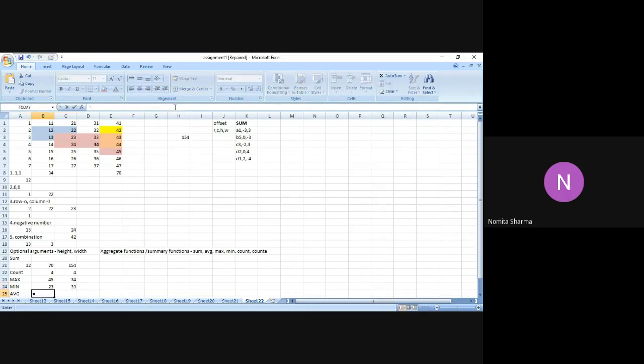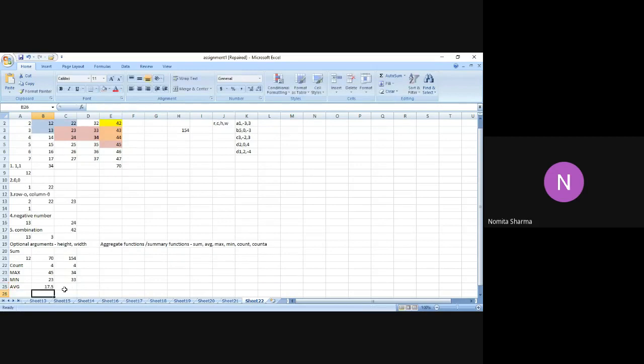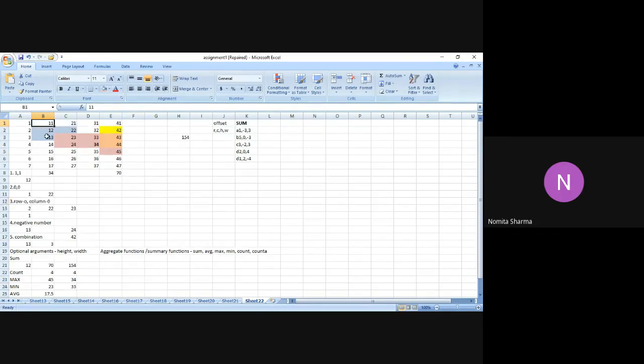Let's do it for average as well. So we say average, it will give you the same answer, same processing is there. In the average I write offset bracket. I say A1, say 1 comma 1, and then I say 2 comma 2, and then close the bracket, and we will get 17.5 as the answer. So let me just see what we got. Starting from this 12, it has given me the average of these four numbers. I will highlight that with some other color so that you can make it out.